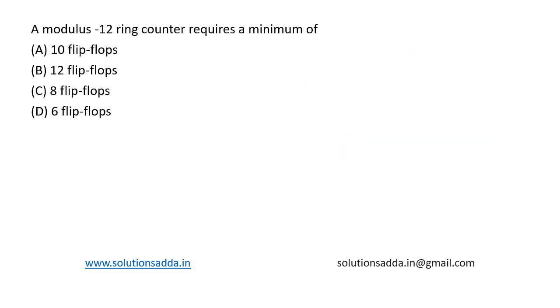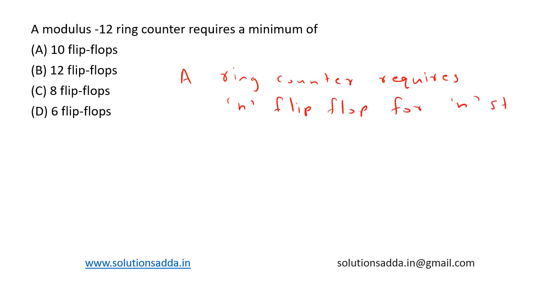This is a question from digital logic design. A modulus 12 ring counter requires a minimum of, and 4 options are given. A ring counter requires n flip-flops for n states. A modulus 12 ring counter has 12 states